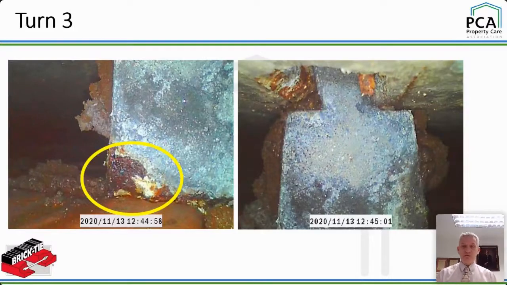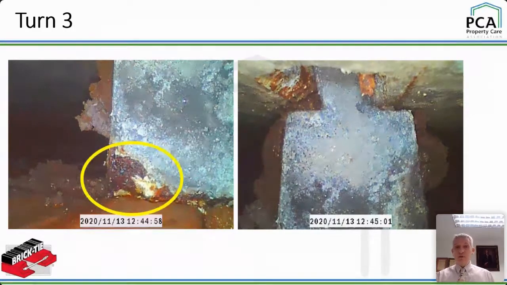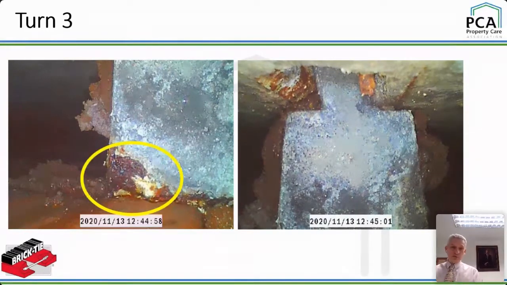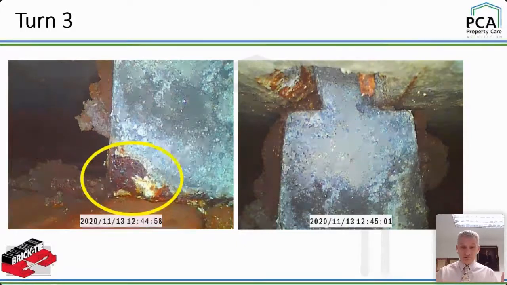You can see these different patterns. The inner leaf is getting wet as well because of the amount of mortar droppings on that tie. It's transferring some water to the inner leaf. I'm not worried about that in this case because with that dovetail system, the tie isn't actually embedded in anything. It's just in a slot of metal. It can expand and rust. It's not going to be an issue.